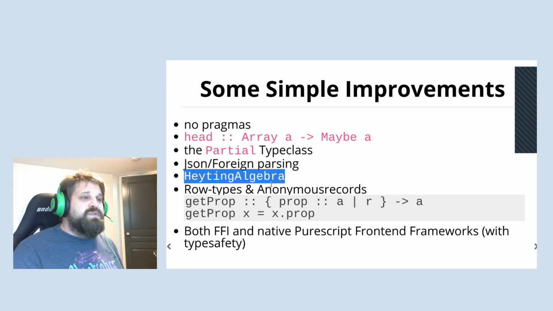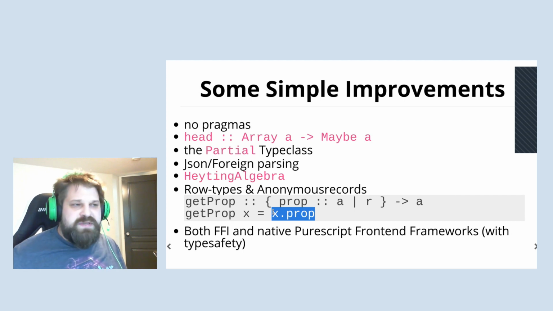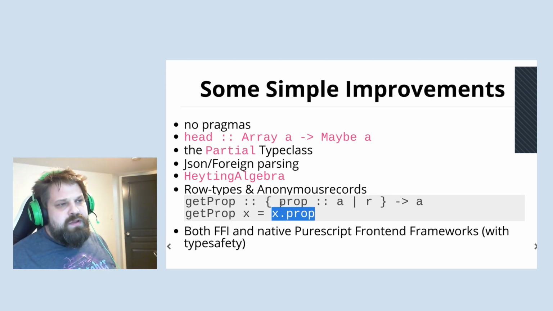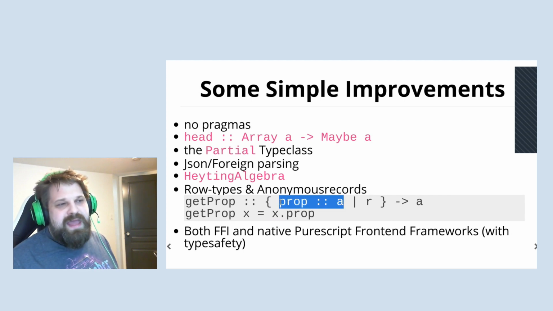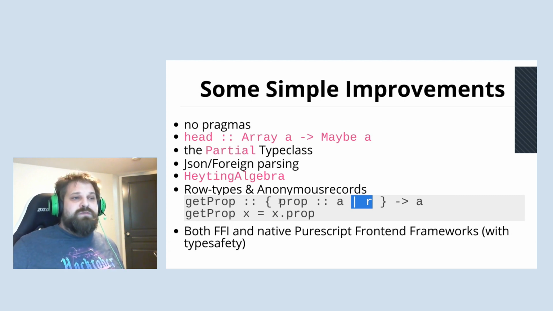So you get row types and anonymous records, and this is kind of what that looks like. So we have dot access, very similar to the dot preprocessor, but your type here is actually some record which contains a property named prop at the type of A, and then you can get your A out. This means that there's other rows. So this is a row type. It will accept an anonymous record or any record that would fit this shape. Records are a standalone type in Purescript. So if you want a new type over a record, the constructor just takes the whole record as an argument.